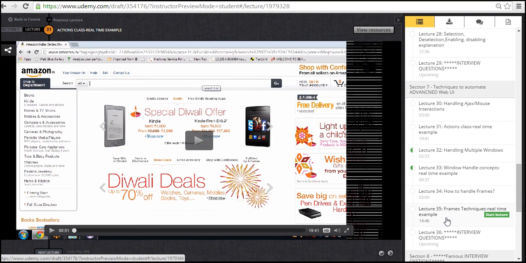Then, same as alert and windows, driver.switchTo().frame of id or index value. Switch to that frame and work on it, and come back using driver.switchTo().defaultContent(). Please remember, you need to come back to the normal window from frames. For that you need to use the command switchTo().defaultContent(). So watch lecture 35 if you want more explanation on this. We have taken one practical example. So come back using defaultContent and work on it. That's how you handle frames.